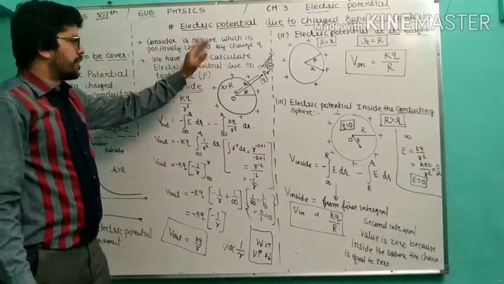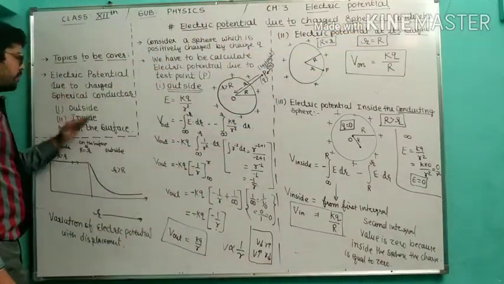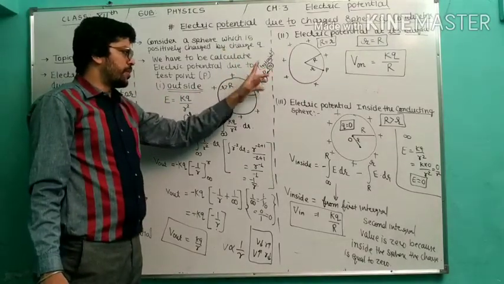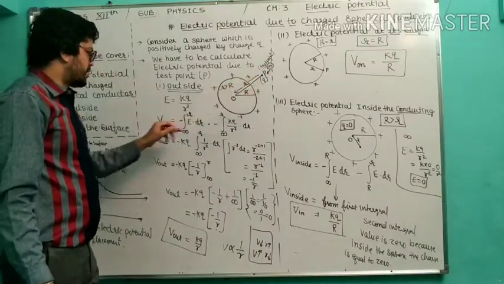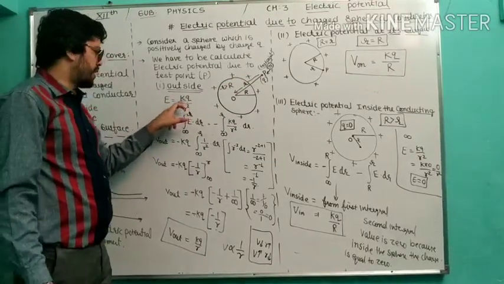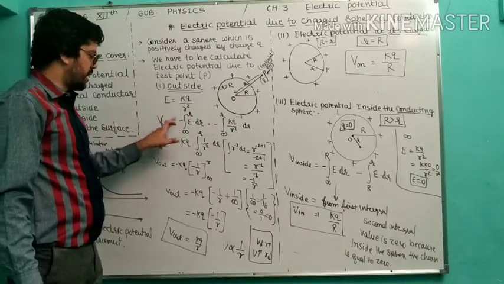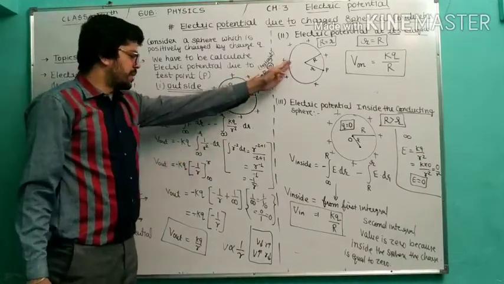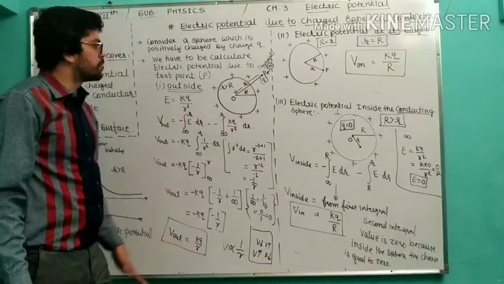See, what we have to find out is electric potential. Due to what was I finding it? Due to a conducting sphere. Which conditions are there? Outside, inside, on the surface. So outside, what did we do? We considered a test point P. I told you a test point means a charge which we bring from infinite to a definite position. So we brought it from infinite to the definite position, and the value of E we generally know, because in the first lecture we already understood that, kq upon r square. V out is the integral from infinite to small r, with a negative sign because electric potential and electric field are opposite to each other. So the negative sign is here, and the limit is because we are bringing a charge from infinite to r. After solving this derivation we got V out is equal to kq upon small r.